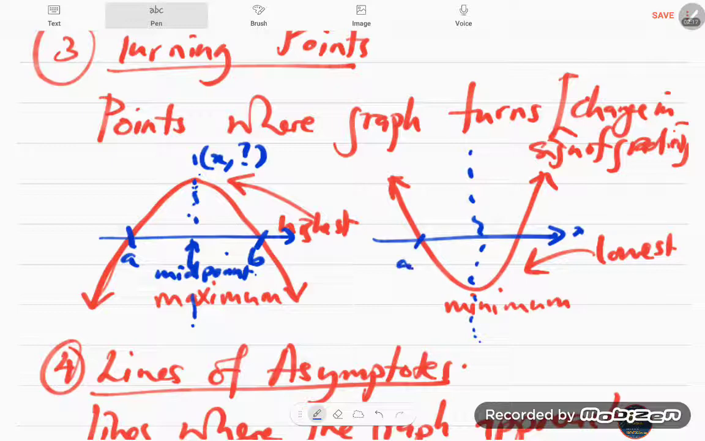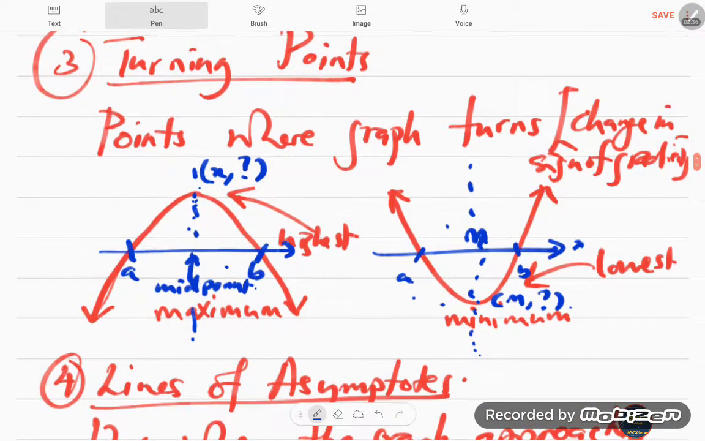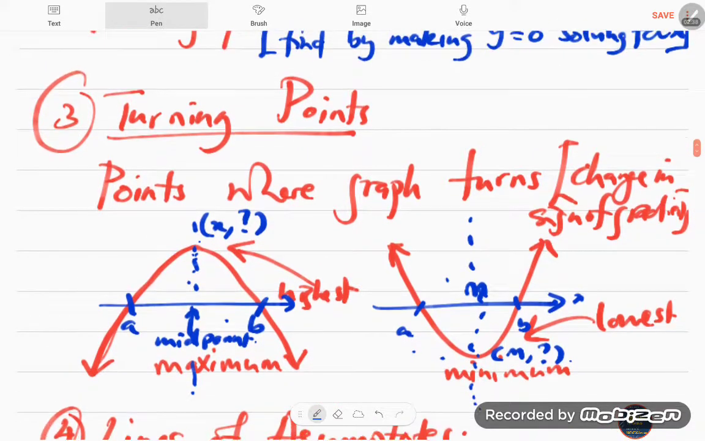But just in case, you'll notice that it is the same again with our minimum graph. Okay, we'll call this one A, call this one B. So this is going to be again the midpoint, okay, and we're going to use that to say that this point is going to be M, and then we find the y by substituting the m value back into the equation. And that's how we find the points where the graph